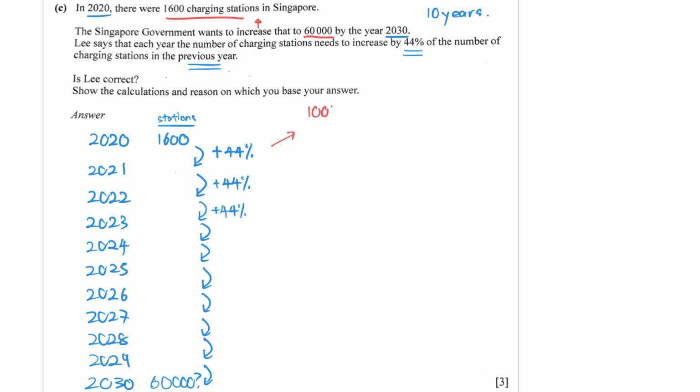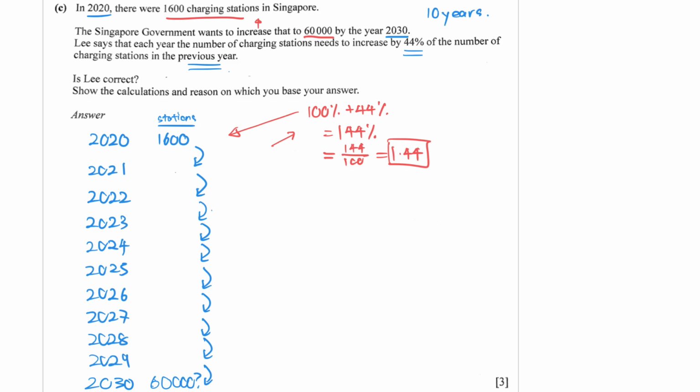So if every year the start is 100%, if I add 44% every year, it means I need to hit 144%, right? If I convert that into a proper numerical number, it's 144 over 100, which is 1.44. In other words, this key number 1.44 is the multiplier for every year. So basically, instead of saying I add 44% every year, I just need to say that it's the same as multiplying by 1.44 every single year, all the way until